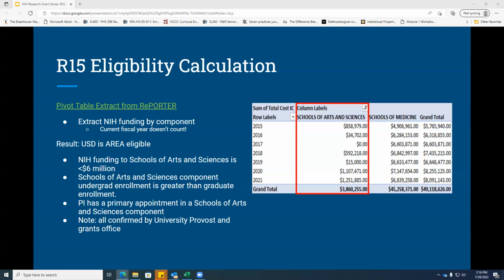However, the PI must have a primary appointment in a component, non-health professional and non-graduate school. And in that component, undergraduate enrollment needs to exceed graduate enrollment. And as a caveat, USD isn't eligible for the REAP award since the schools of medicine and schools of arts and sciences combined received more than $6 million in direct and indirect NIH funding in 6 of the last 7